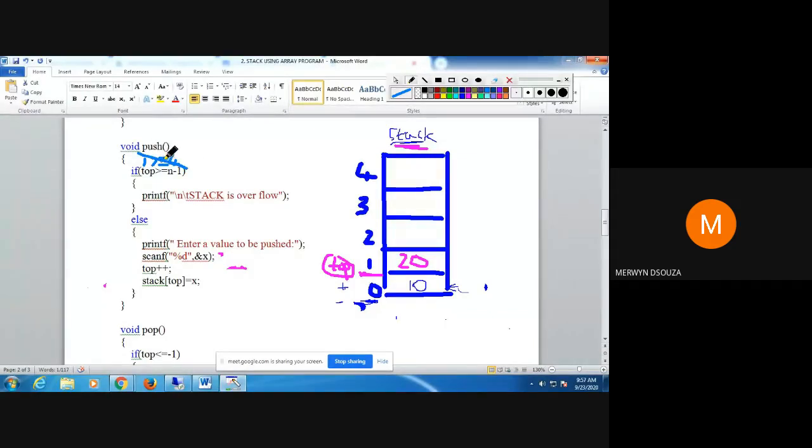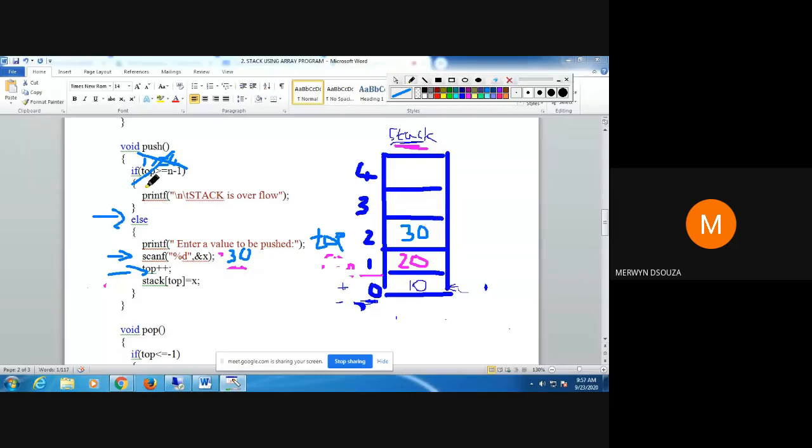Not true. Go to the else part. Take another value. Suppose you take the value as 30. Increase top, so now top will be at 2, and you insert this value where top is present. So now 30 will go here.